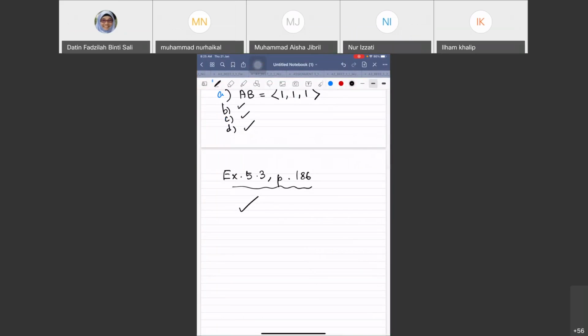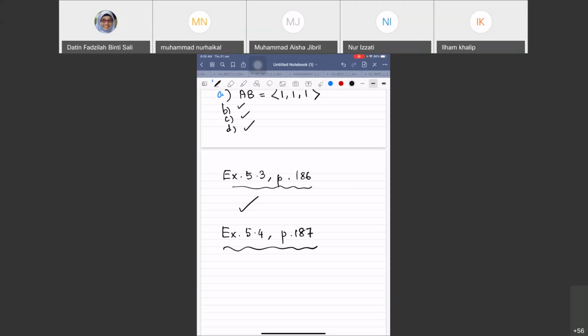Okay. Exercise 5.3. I think it should be okay because basically this is just add, subtract, multiply. So you just need to do this carefully and correctly, so that you can get the correct answer. I hope that this one also should not be a problem with you. And for exercise 5.4 on the next page,